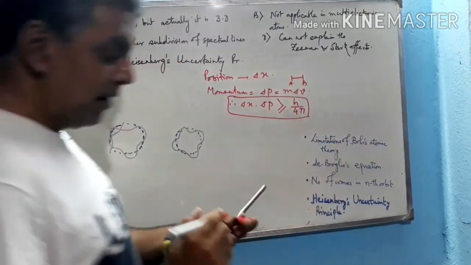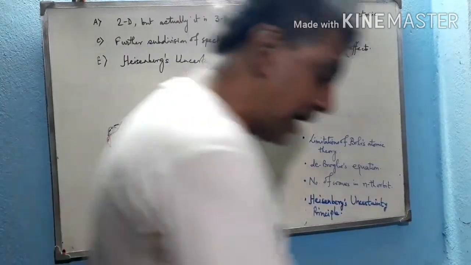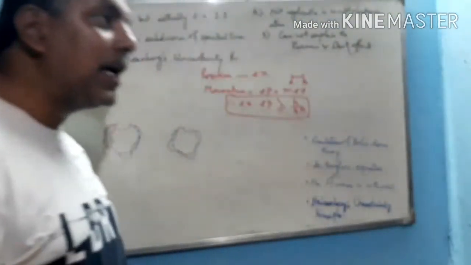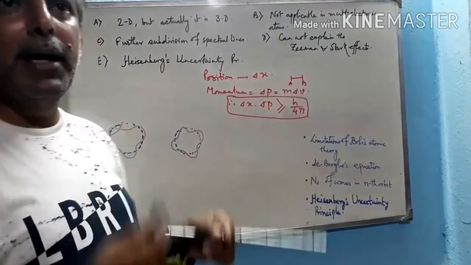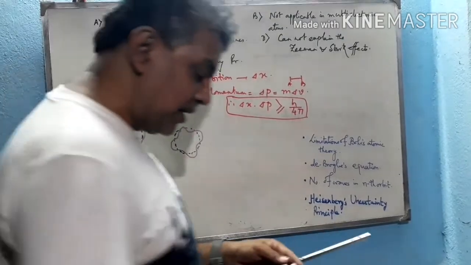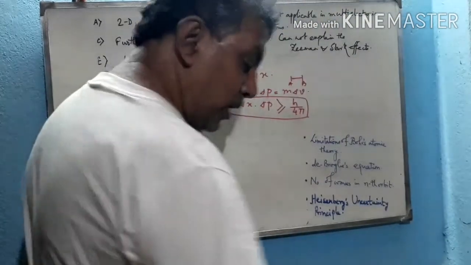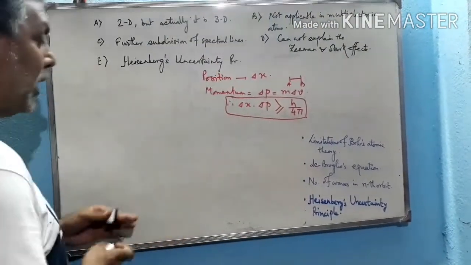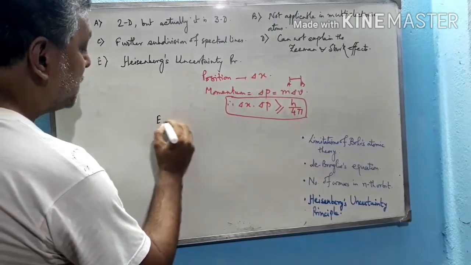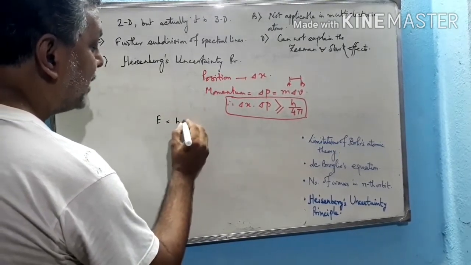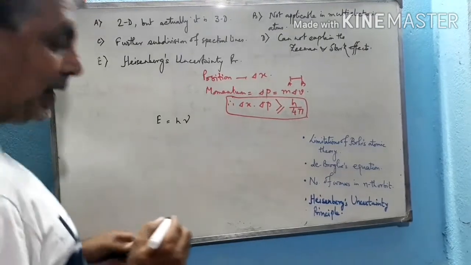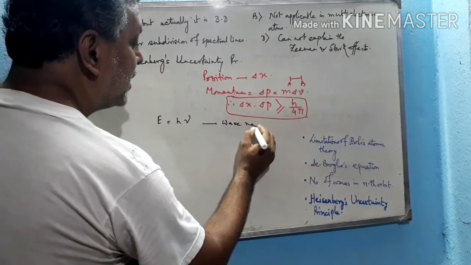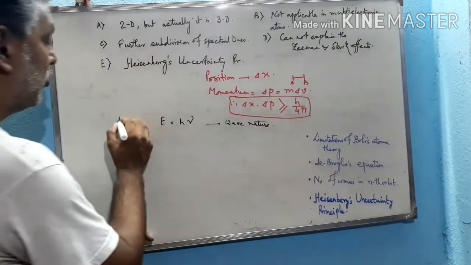Now the next point is de Broglie's equation. We know that Max Planck and Einstein proposed the mass energy relationship for a particular particle. First, what is the mass energy relationship? According to Planck's theory, E is proportional to nu, that means E equals h nu. A particle has a wave nature, so this implies the wave nature of the particle according to Planck's theory.